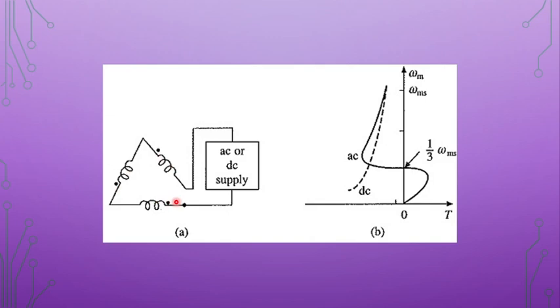This can be obtained from the terminal box of the motor, and we are connecting it to an AC or DC supply. So in the motoring mode, if it is running, suddenly we go to the braking mode and we come to rest and reach zero speed. The motor will not come to rest simply, it will suddenly go from motoring mode to braking and come to rest in this particular application. That's all we have for today.